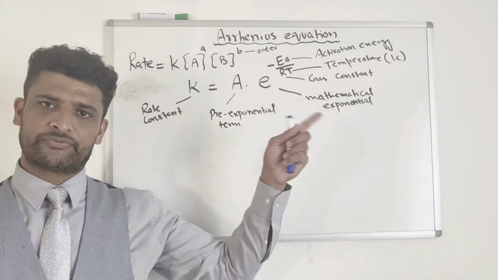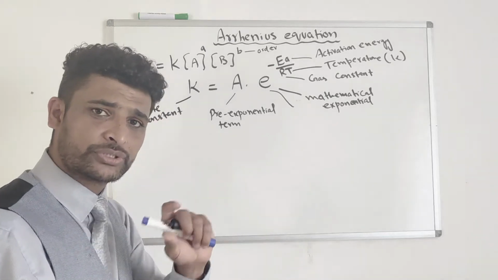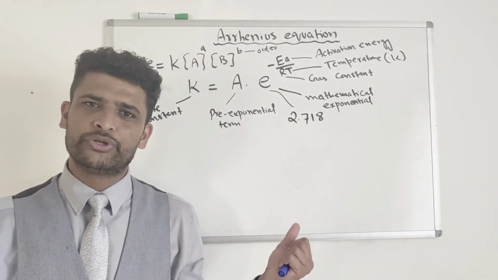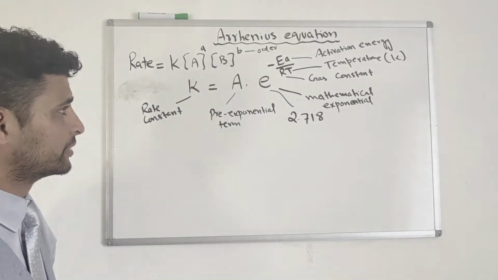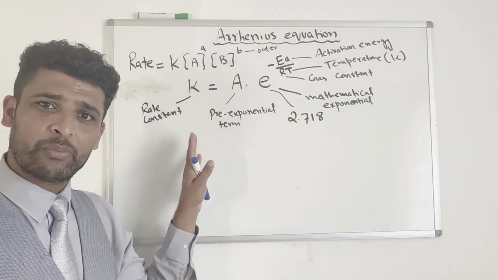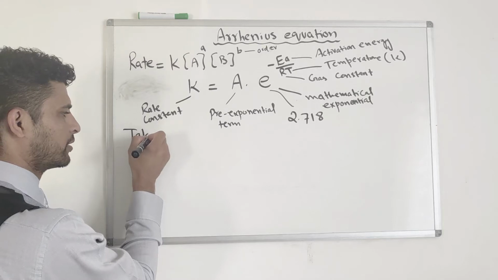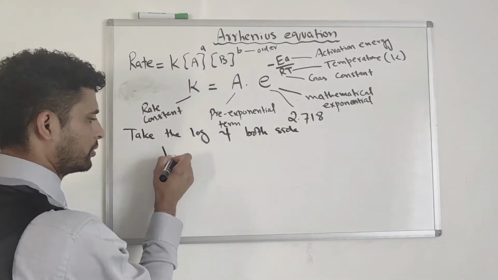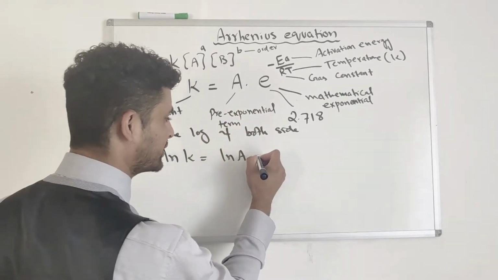Most of this you know, but the one you may not know is the mathematical term. If you do not know this exponential term, you can use the calculator. Its value is 2.718 or so, but you do not need to worry about that. All you have to do is use the calculator, click e, and then put the expression in. To simplify this, because it is quite complicated, I'm going to take the log of both sides. So log of k is equal to log of the Arrhenius constant, or pre-exponential term,